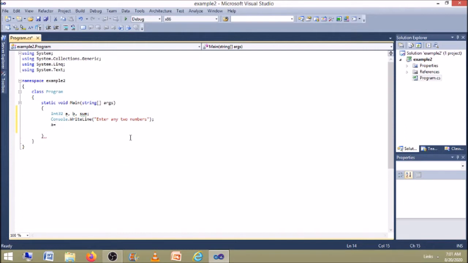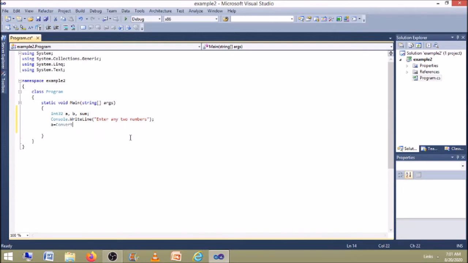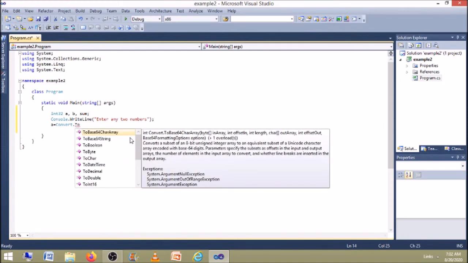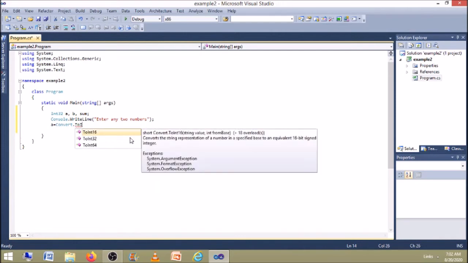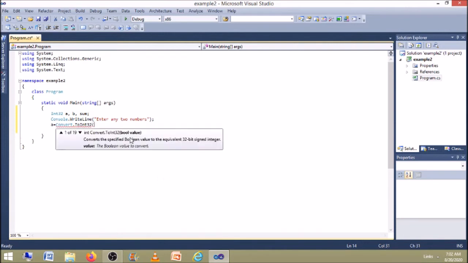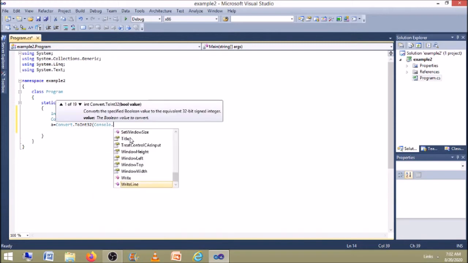The first value should be stored in the variable a, so here we give a equal to Convert.ToInt32 of Console.ReadLine.